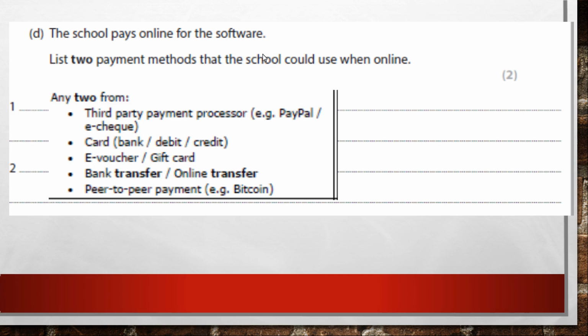And the answer is, okay, so PayPal, third-party payment processor, okay, card, bank, debit, e-voucher. And please don't think that often these answers are really mega complicated, that they're trying to trick you. Often it's just stuff you've learnt, stuff you know. Things like bank transfer, Bitcoin, probably unlikely, but it's possible. E-voucher, gift card, depends what it is. But typically, PayPal, card, debit card, and so on. Okay.